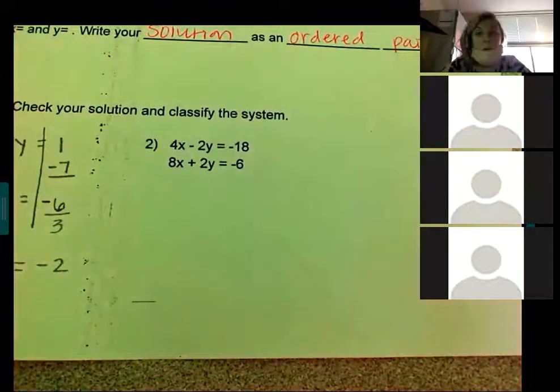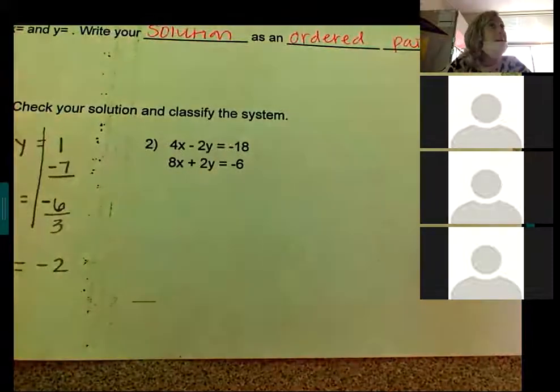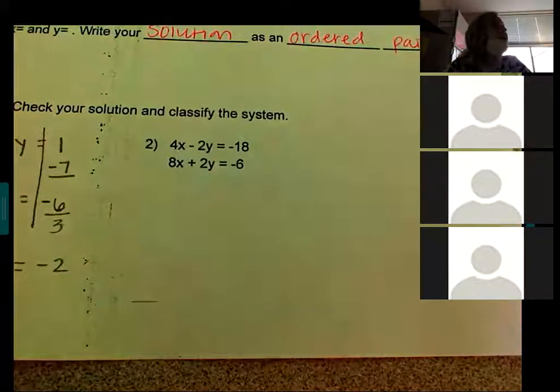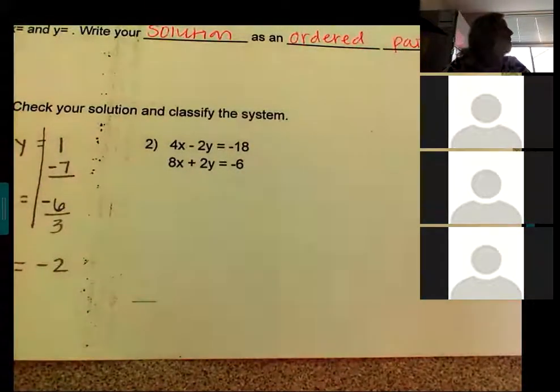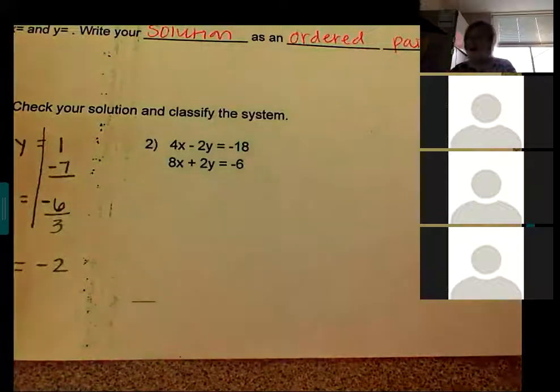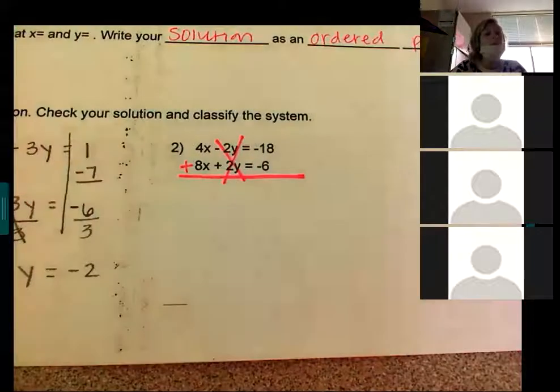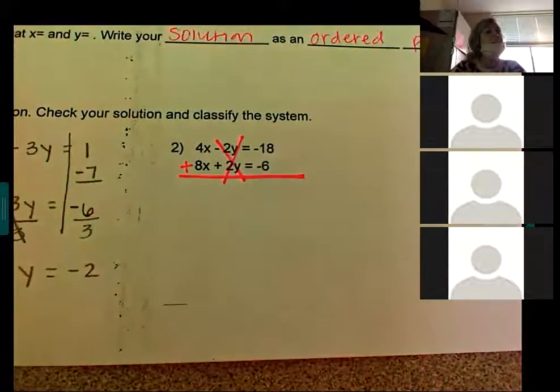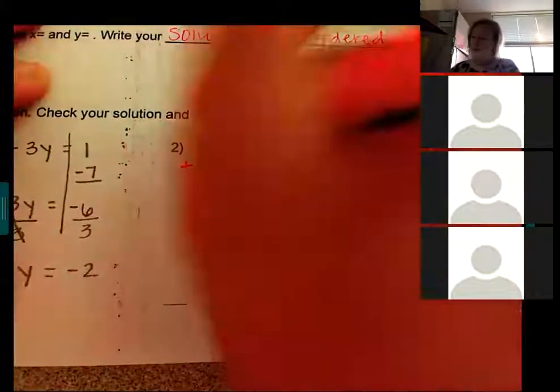So let's look at number 2. Okay, listen. They are lined up. Do you see something that will cancel on its own? The 2y. So everybody look, let's go ahead and add them together. Negative 2y and positive 2y do cancel. What is 4 plus 8? 12x